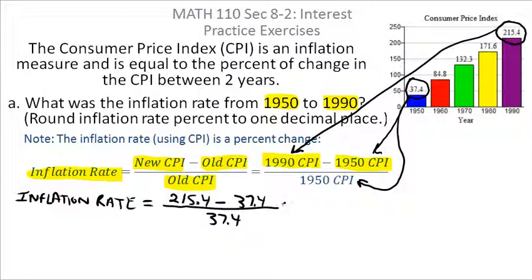Now, I didn't put the calculator up this time because there's so much information on the screen. I just didn't want to make the distraction, but I assume that you'll be able to do this calculation without any trouble by yourself. If you subtract 215.4 minus 37.4, you actually get 178 even, divided by 37.4, and when